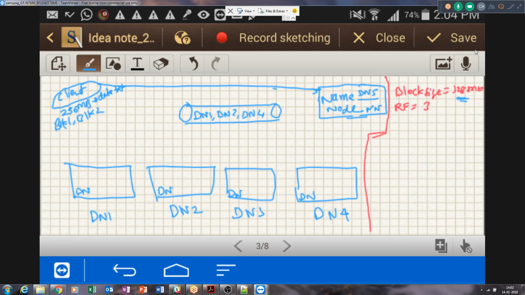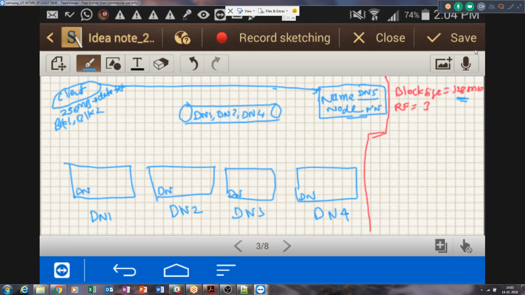Suppose 2 are healthy and 2 are not healthy. Whatever is healthy will be given to the client in order to write the data. We cannot stop the client from writing data into the cluster. Later on the name node will manage. The replication factor of 3 will not be reached right away, but definitely over time, when the data nodes get healthier, the replication factor will be reached. That's what the master manages. The name node will manage the replication factor of 3 for blocks. It does not promise it, but it will always keep trying to give you a replication factor of 3. You will not always find all the blocks with a replication factor of 3, due to problems like the one you described.